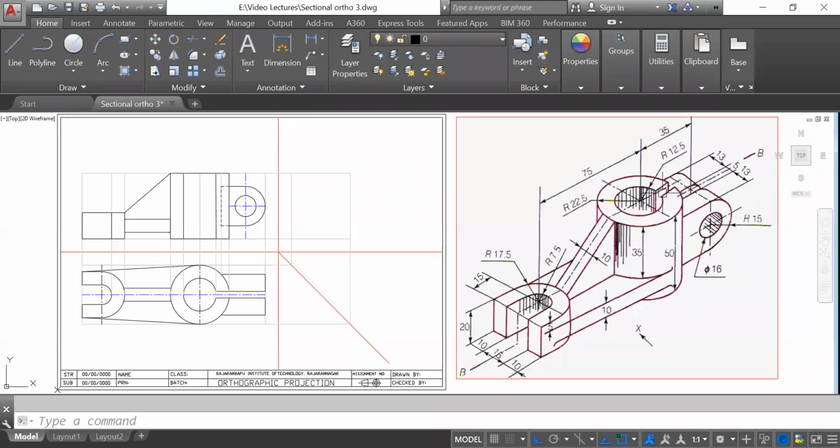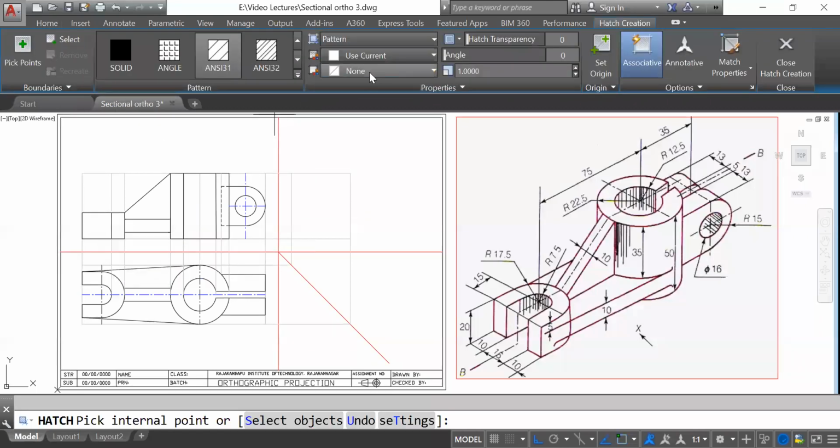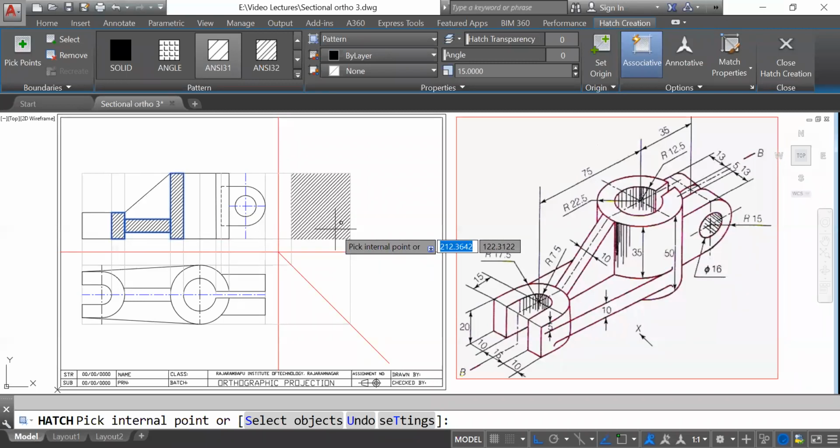Here in this region it would not be hidden line. Why? Because this is already open, I can paint inside that. So you have to remember that the object is being painted everywhere where we can paint. Inside also we can paint, also in this 5 mm gap I can paint. So when we take a cut, that part would be painted, so this region will not be hatched, only the unpainted part we have to paint. So we have to go for the hatching. Then here you can mention the scale.